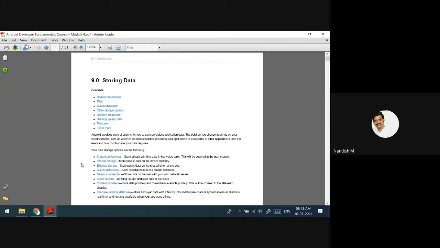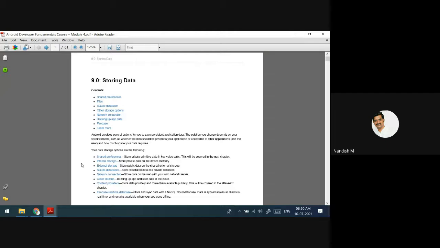Okay, we'll start with this chapter, storing data. What we are going to discuss in this chapter is how we are going to store data. Even where we can create the user interface, that is not a big thing.